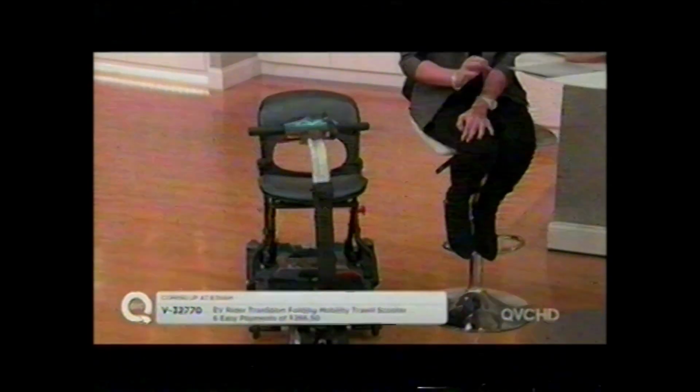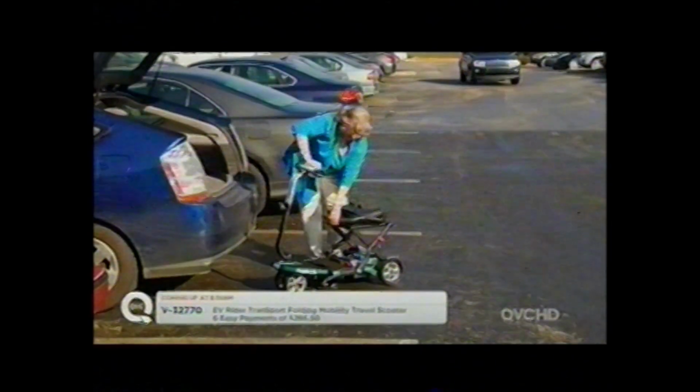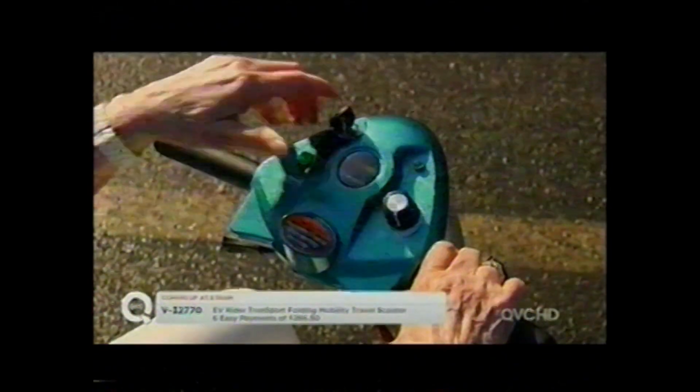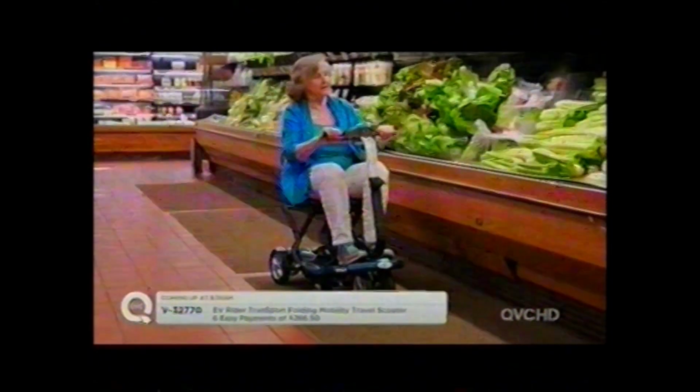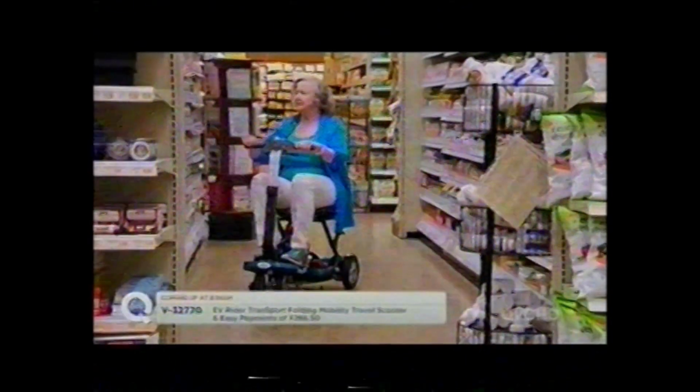We've got a busy second hour of the show. We're going to talk about mobility, independence, freedom. We did talk about mobility a little bit earlier with the hurricane, but there are some times where that might just not be enough for you. I love that we have this EV Rider Transport mobility scooter that's on 6 easy payments. It's the most easy payments we could possibly give you on this, and we tried to pass the savings on to you. The price is so good that when this is gone, we will never be able to reorder this particular design for QVC. And before you run out the